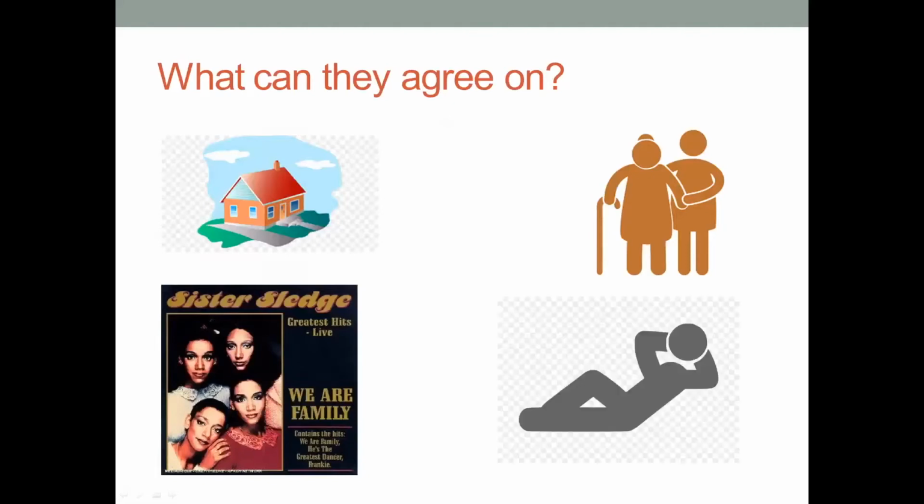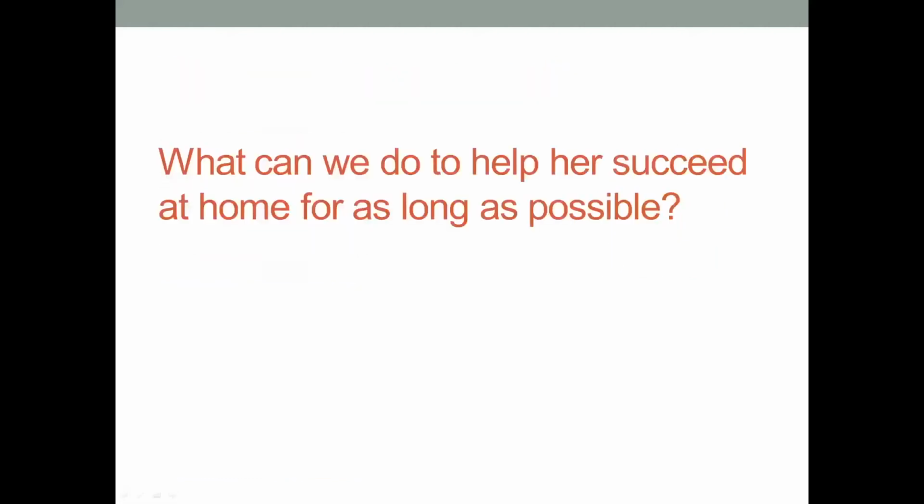And she is recognizing her own mortality. And as she thinks about that, physical comfort is also very important to her. And, as we get this out on the table with her daughters, they are all in agreement with this story, that these are the things that are most important to her. And so I want to leave you with this question as I then pivot to talking about what we're doing at Northwest Kidney Centers. What can we do to help her succeed at home for as long as possible?